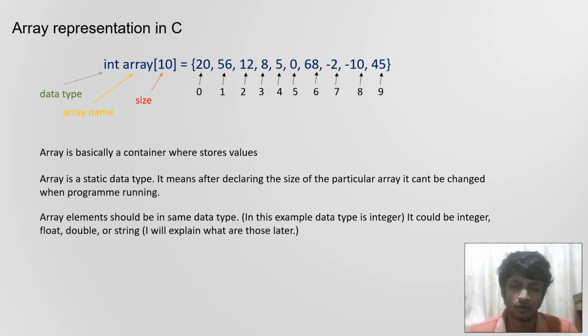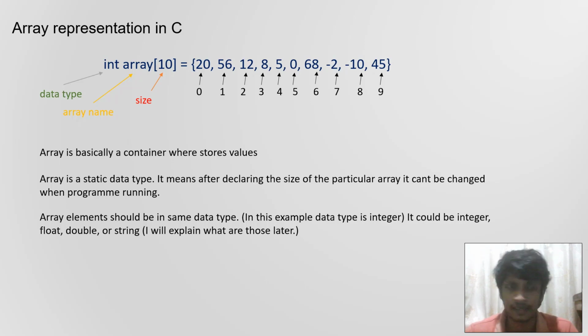Mostly in Java, C++ and C#, this is the way you implement an array. So the first thing is the data type. Here it is the integer data type. You can show that data type by typing int, which is the simplified form of integer. That is how you write the corresponding data type in C.